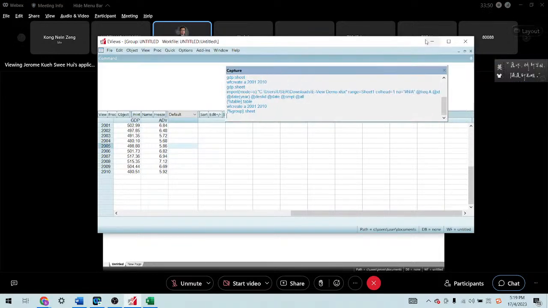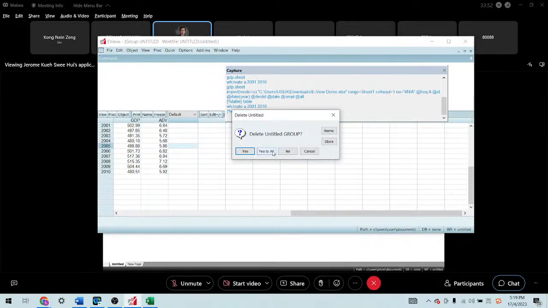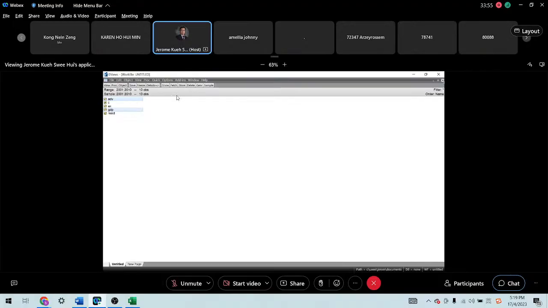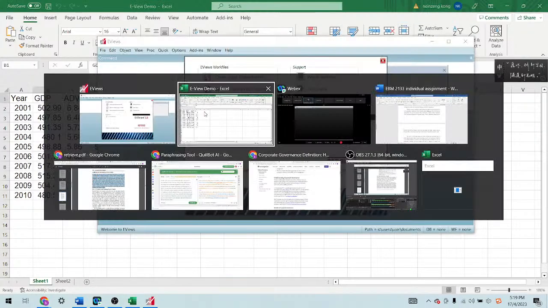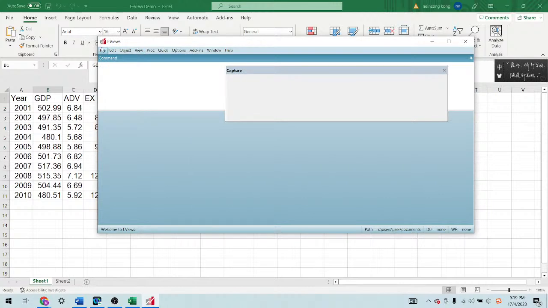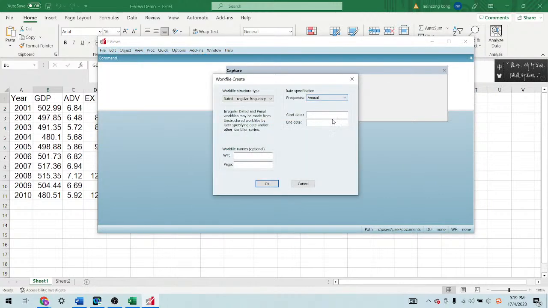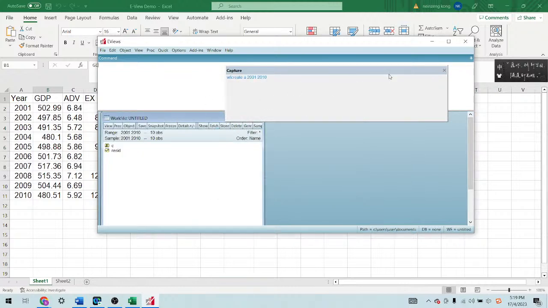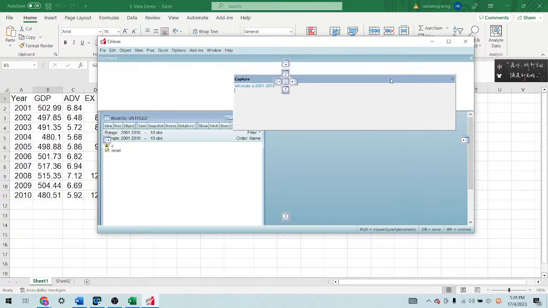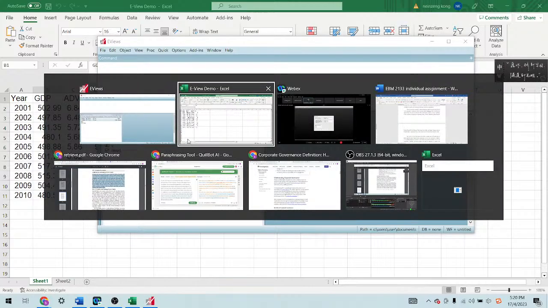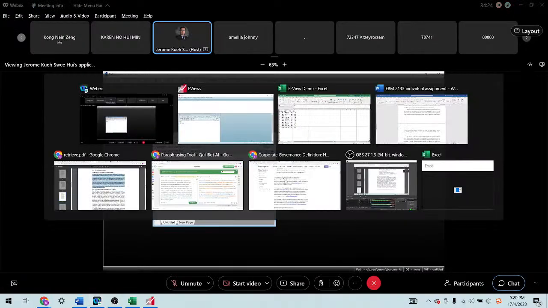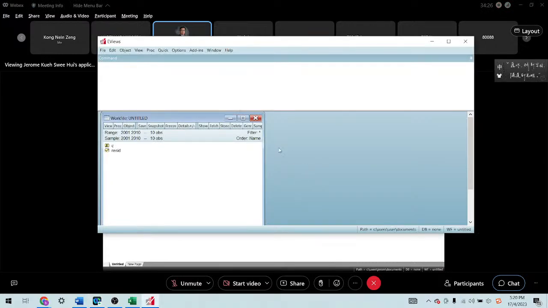So now I will show to you, demo to you, the second method, copy and paste. Copy and paste. So this is how it looks like. Again, it goes to create the work file. Okay? Same procedures. You create the work file. Click new work file. So this still remain the same. I don't change anything because the time series and the data here 2001 to 2010.